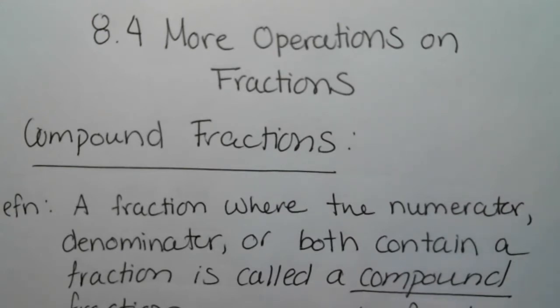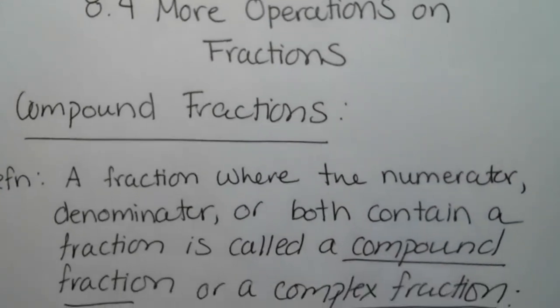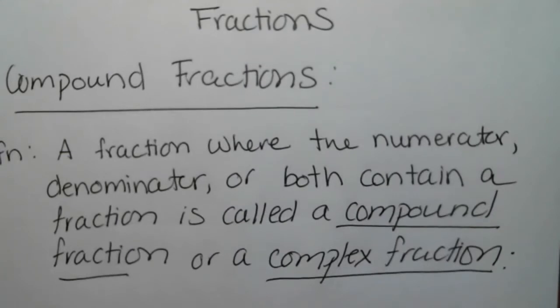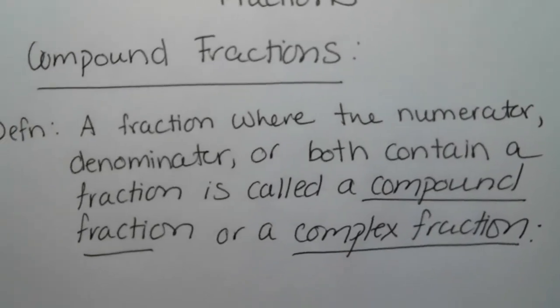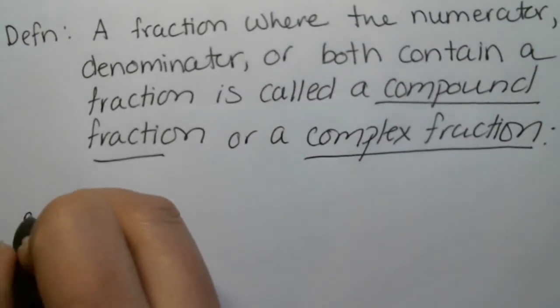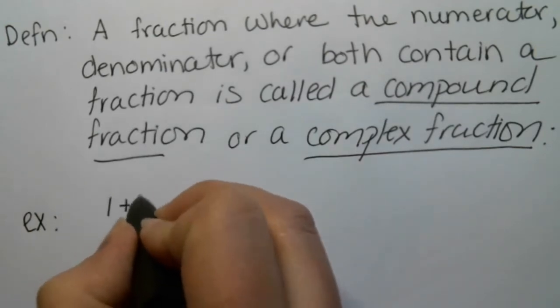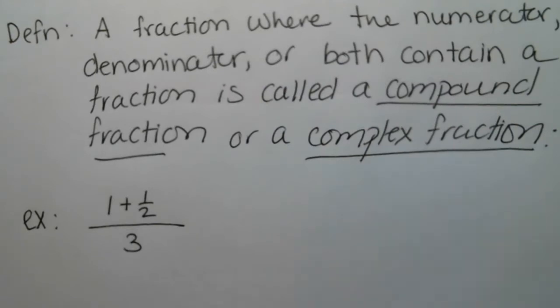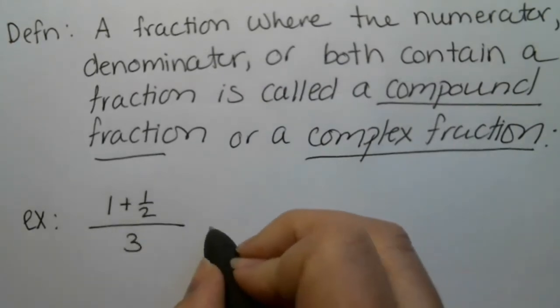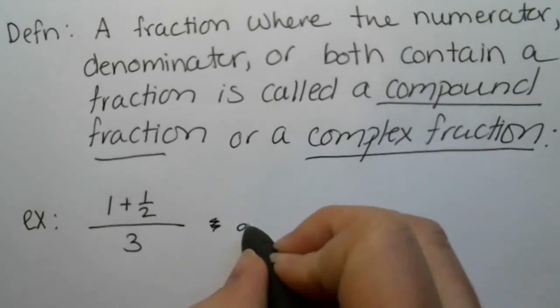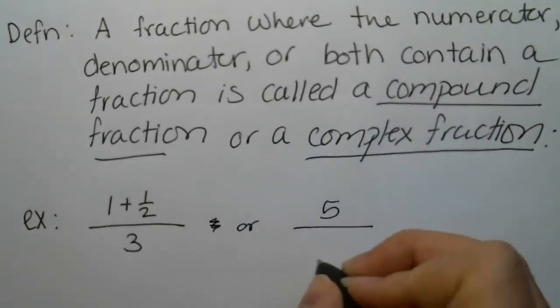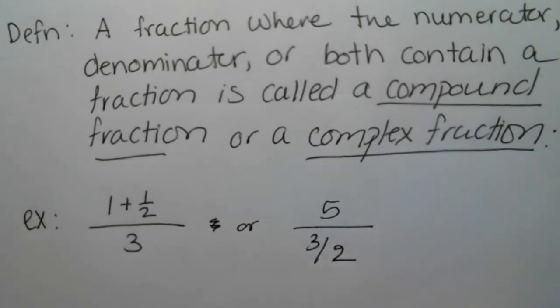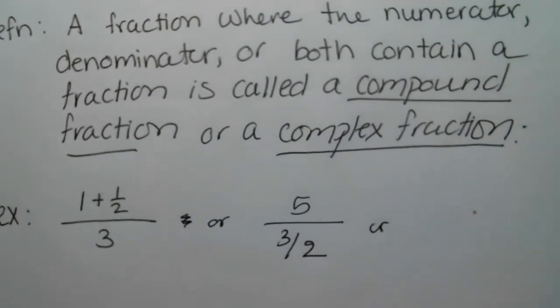Okay, so a compound fraction or a complex fraction is a fraction where the numerator, the denominator, or both contain a fraction themselves, okay? So an example might be (1 plus 1/2) over 3. Okay, this is an example of a compound fraction because the numerator contains a fraction. You also might have something like 5 over 3/2. Okay, because the denominator of this contains a fraction,